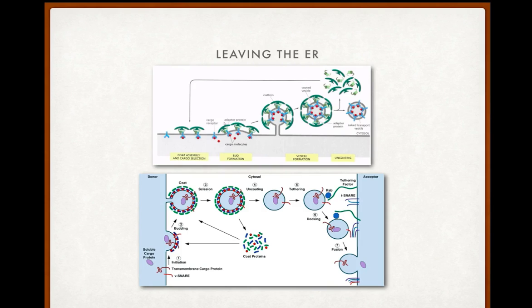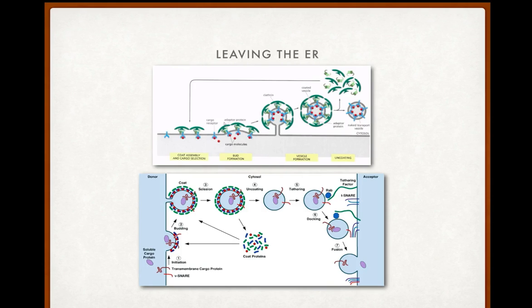Once the vesicle is free, it's carried on microtubules by a motor protein. The walking protein moves the vesicles until the Rab protein interacts with the right tethering protein. Rab proteins are like a membrane identifier. They tell the tethering proteins where they are coming from, and that's how the tethering proteins decide if they should